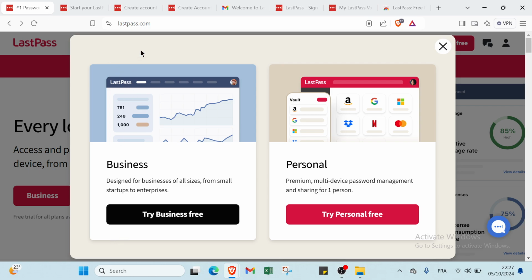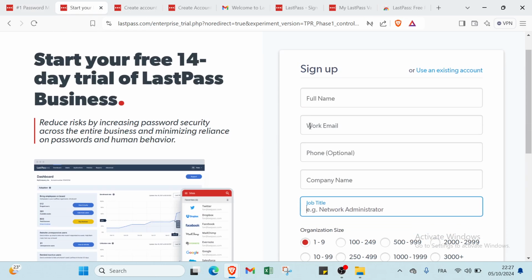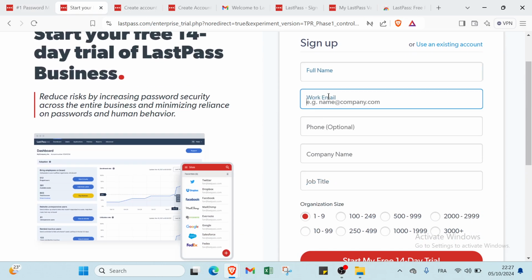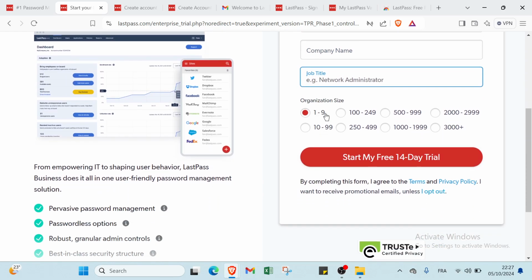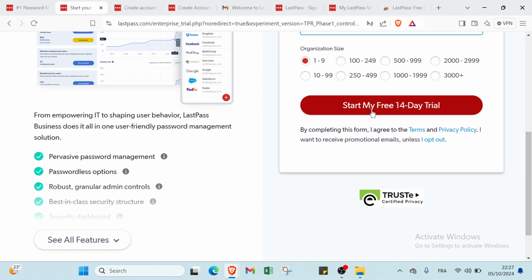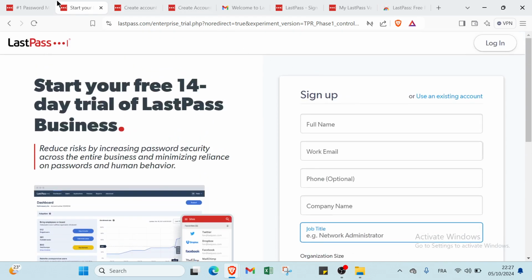So the first one, you have just to sign up and write your full name, your work email, your phone, your company name, your job title, and we have organization size. You choose between these and you click over start my free 14 days. About the personal one,